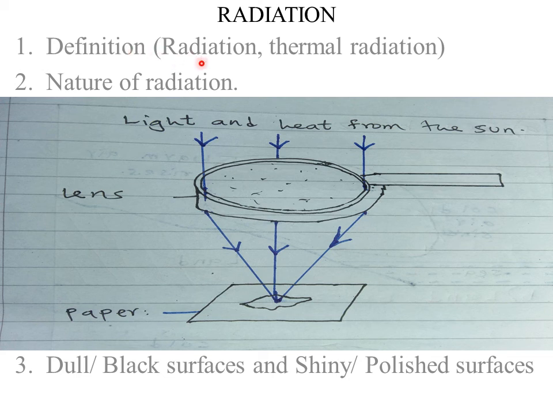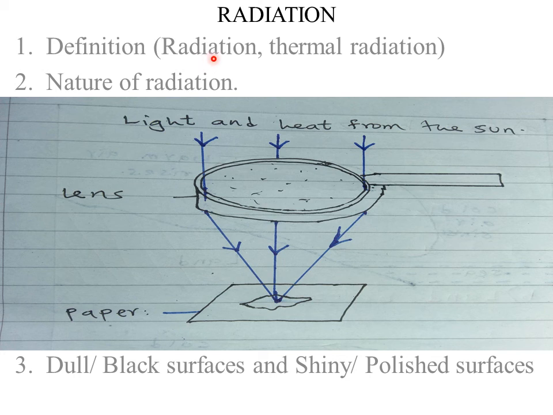Remember, conduction involved heat transfer through solids. Convection involved heat transfer through fluids, which is partly liquids and partly gases. Now, when we talk about radiation, in most cases, radiation will be heat transfer through gases, or sometimes we call it in a vacuum. Now, what is radiation? Radiation is the transfer of heat from one place to another by means of electromagnetic waves. The transfer of heat from one point to another by means of electromagnetic waves.